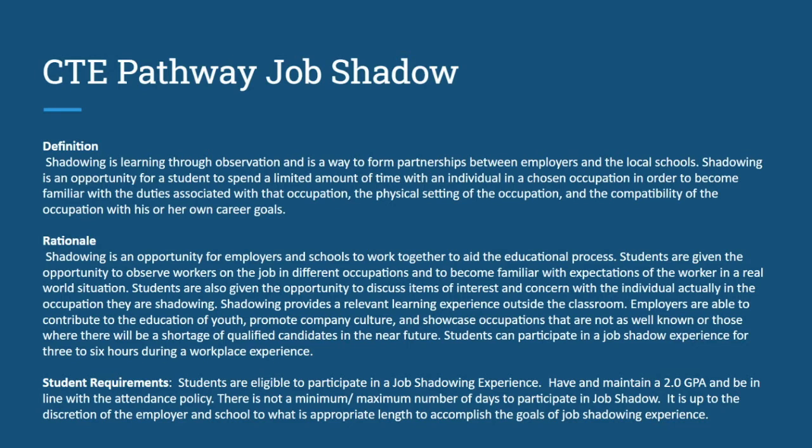What you're going to have to do is follow different requirements. However, the process is that you can go for 1 day a month. You can set it up for the remainder of the year. It's every Thursday of the month for a week or for a month, or you can do once a month for every month to the remainder of school. But this allows you to be able to spend